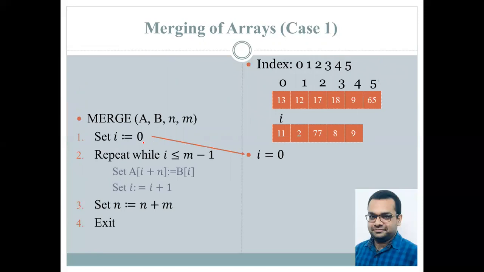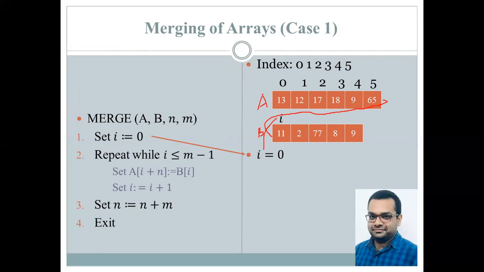Now, the first statement causes the counter to be initialized to 0. So you can see the counter variable I is initialized to 0, which is the value over here. Now, in the next step, we'll go successively through all the elements of B and see how these elements are appended at the end of A. Elements will be going from here and will be repeatedly appended at the back of this array. So ideally this is array A, and this is our array B.